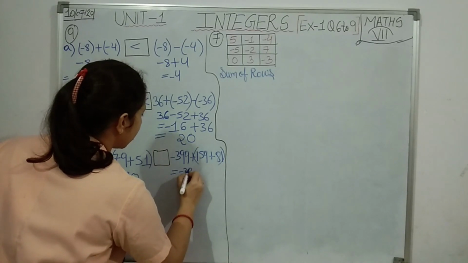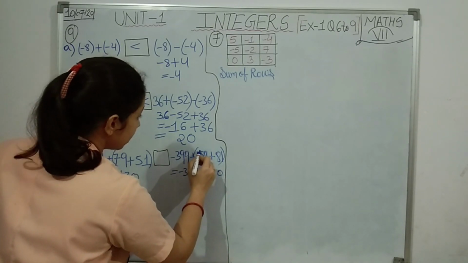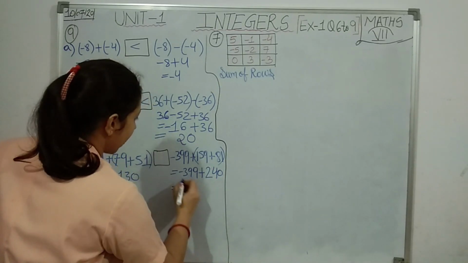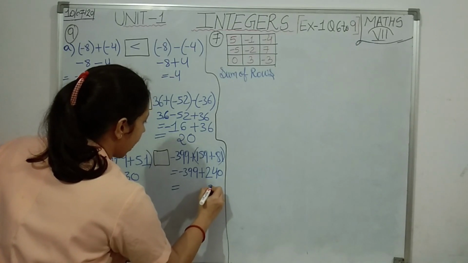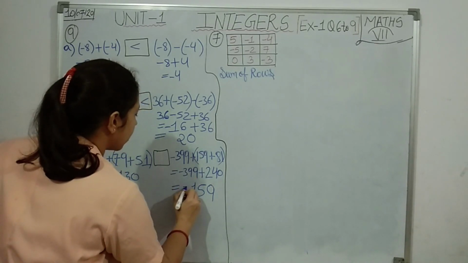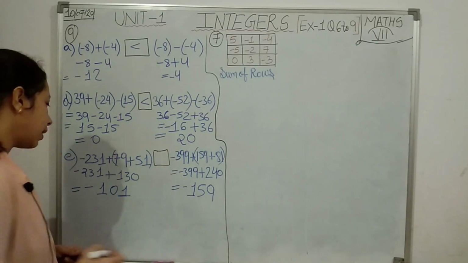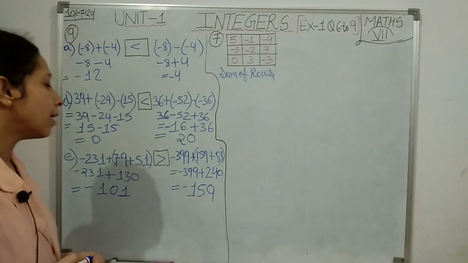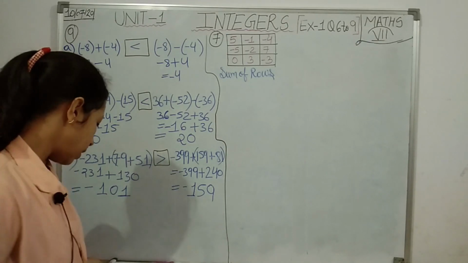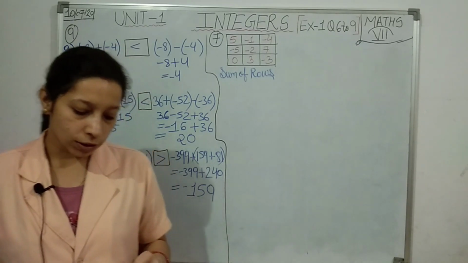Okay, here also let us add these two first. I'll just copy 399, then plus 9 plus 1, 10, 5 plus 1, 6, 6 plus 8, 14, again 1 carried, 1 plus 1, 2. Then minus plus minus, then 9 minus 0, 9, then 9 minus 4, 5, then 3 minus 2, 1. 399 is greater with negative sign, so minus 159. Now minus 101 and minus 159, which one will be greater? Minus 101 is greater than minus 159. I hope this answer is also clear to you. Okay students, so for question number 9, points B and C will be your homework. You are going to solve them. The next question is question number 10.